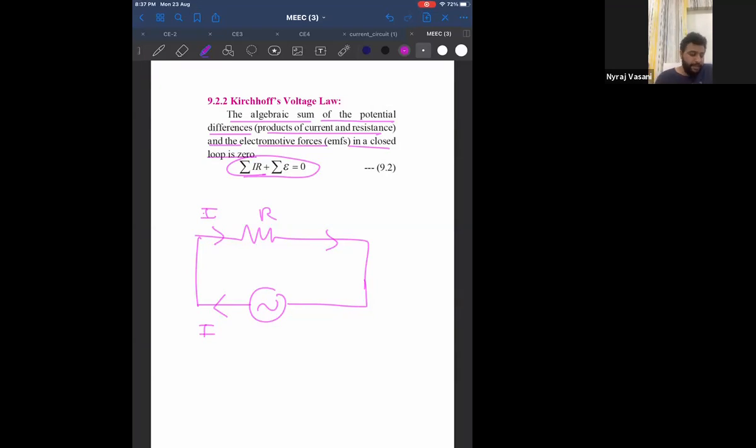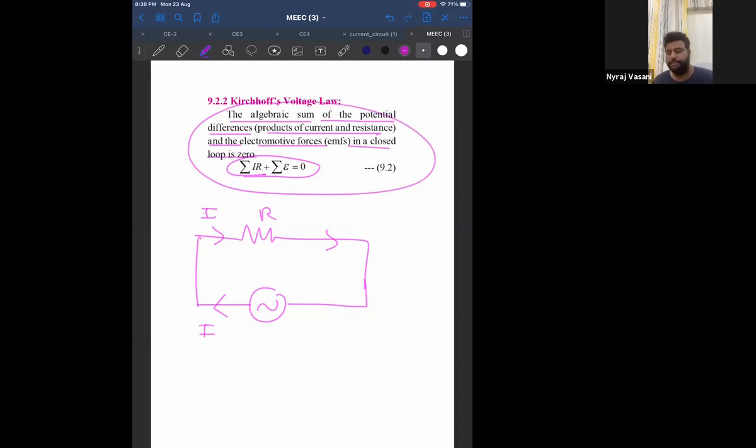So I'll repeat. Kirchhoff's voltage law is also called loop law because it is applied in a loop. KCL was applied at a junction. The first law of Kirchhoff was regarding current. The second law is regarding voltage. The first law says that the sum of all currents is 0. And the second law says that the sum of all voltages is 0. But voltage is not direct. There are two types of voltages. One is EMF and one is IR, that is the product of current into resistance. So this is the law. Write it down, then I will explain.